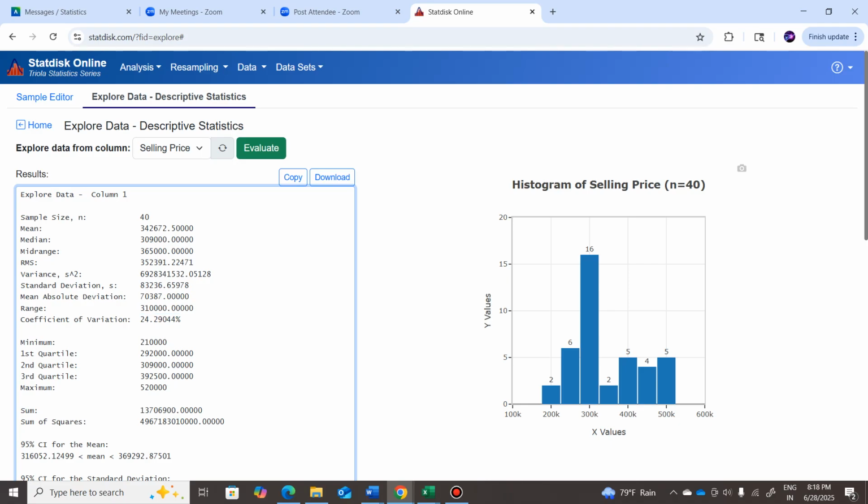These other numbers you will see a little bit in chapter 3. Maybe have a couple, not this one, but the coefficient of variation. I think there's a question on it. Then it gives you the 5-number summary, what you need to make a box plot. So the lowest selling price was 210,000, highest was 520,000, median was 309,000, and then quartile 1, and then quartile 3, and then